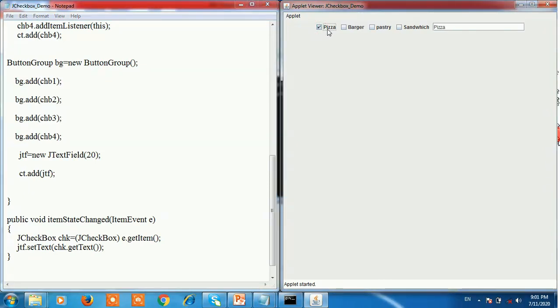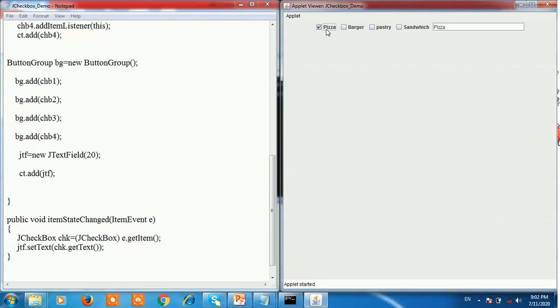and the particular item is displayed in the text field, and for that the getText method is used. The getText method returns the particular text of the checkbox, and the text of the checkbox is pizza.